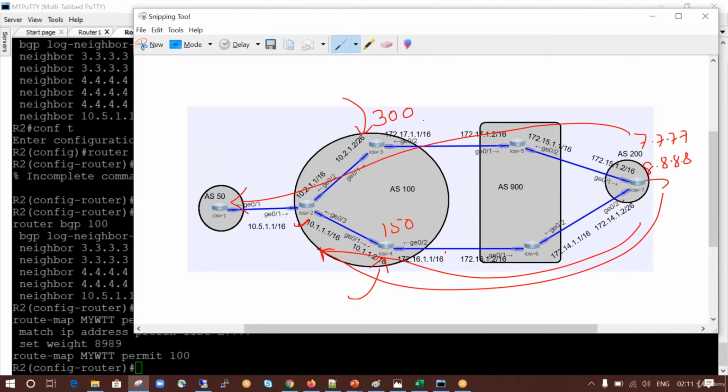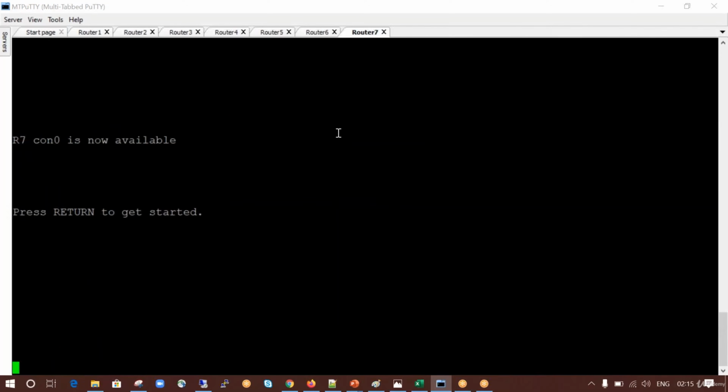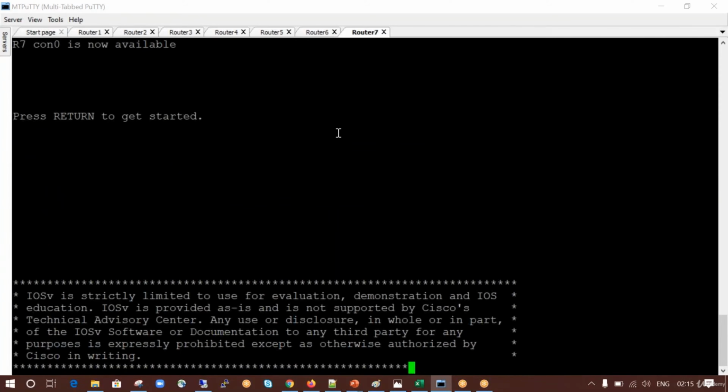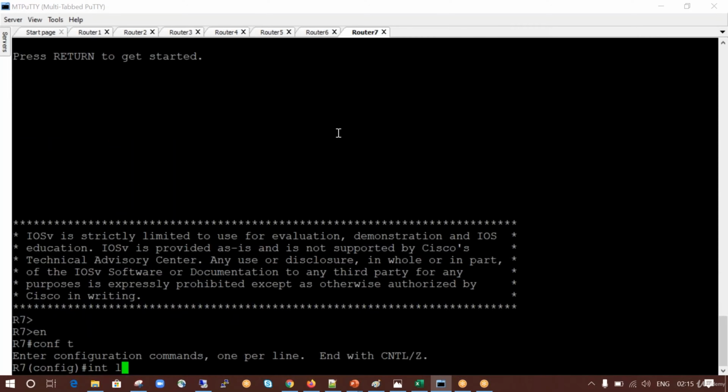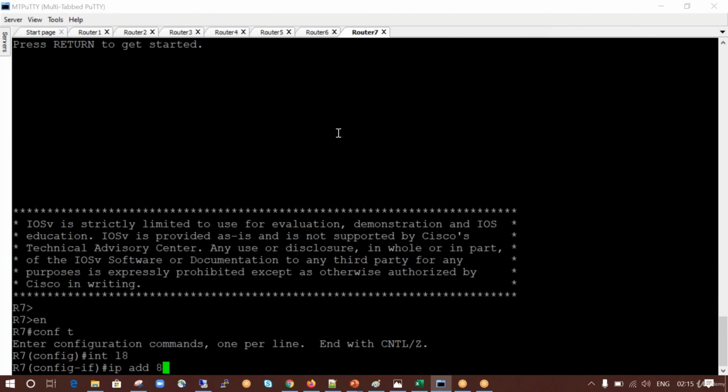So how can we do that? Let's think about that and try to perform that task. All right, so the target here is that 7.7.7.7 should go via router 3 and 8.8.8.8 should go via router 4. So primary, secondary, primary, like that. Let me show you here. First of all, I go to router number 7 and create one more loopback and advertise that as well. So I can go here and create loopback 8, IP address 8.8.8.8,